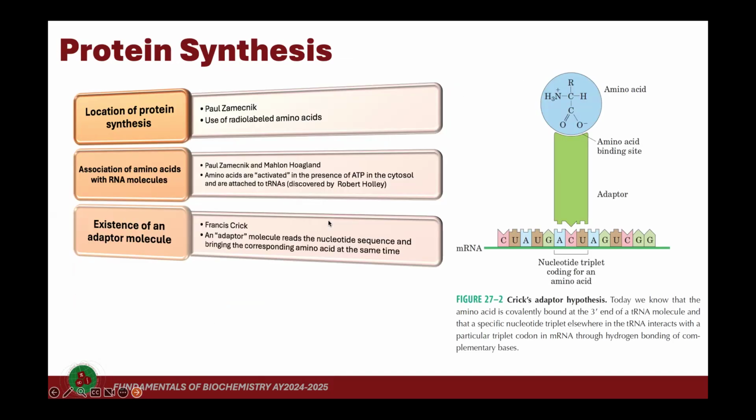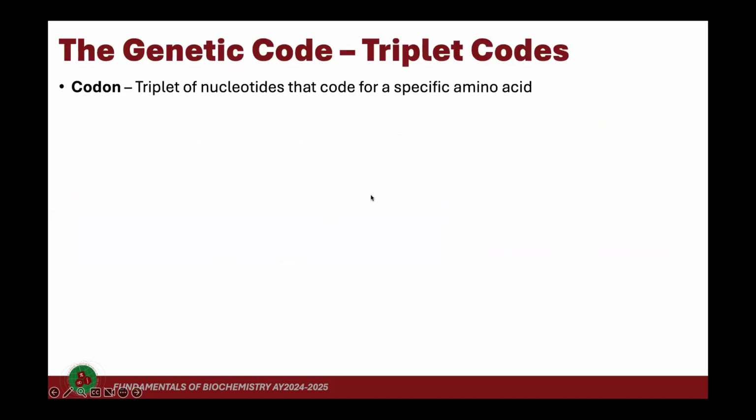So translation is not possible without the genetic code. The genetic code was first thought of as a one-to-one correspondence between your nucleotides and your amino acids, but that is not possible because you only have 4 nucleotides versus 20 common amino acids. Now, if you set the code to be